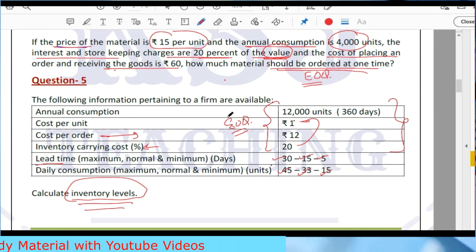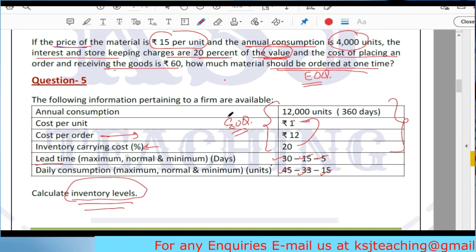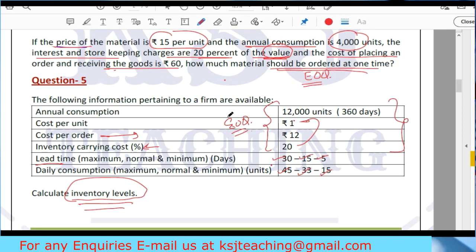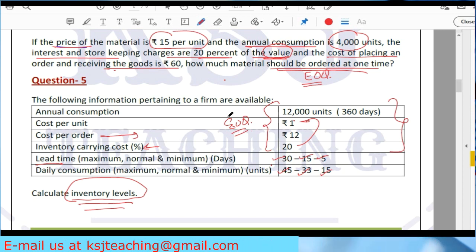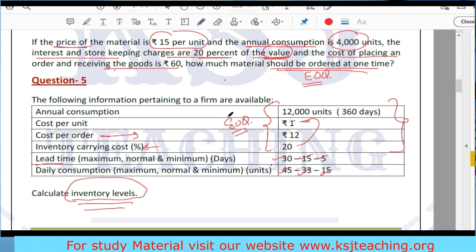Okay. So till then, what you have to do is revise all the concepts. You have to revise the levels of inventory. You have to revise EOQ up till this part, what we have done, right? The revision is very important on a daily basis. Whatever I'm saying, you have to follow this so that you don't have to revise it again and again near the exams. Your concepts are so strong by the time you are ready for the exam. You don't have to revise it again and again.